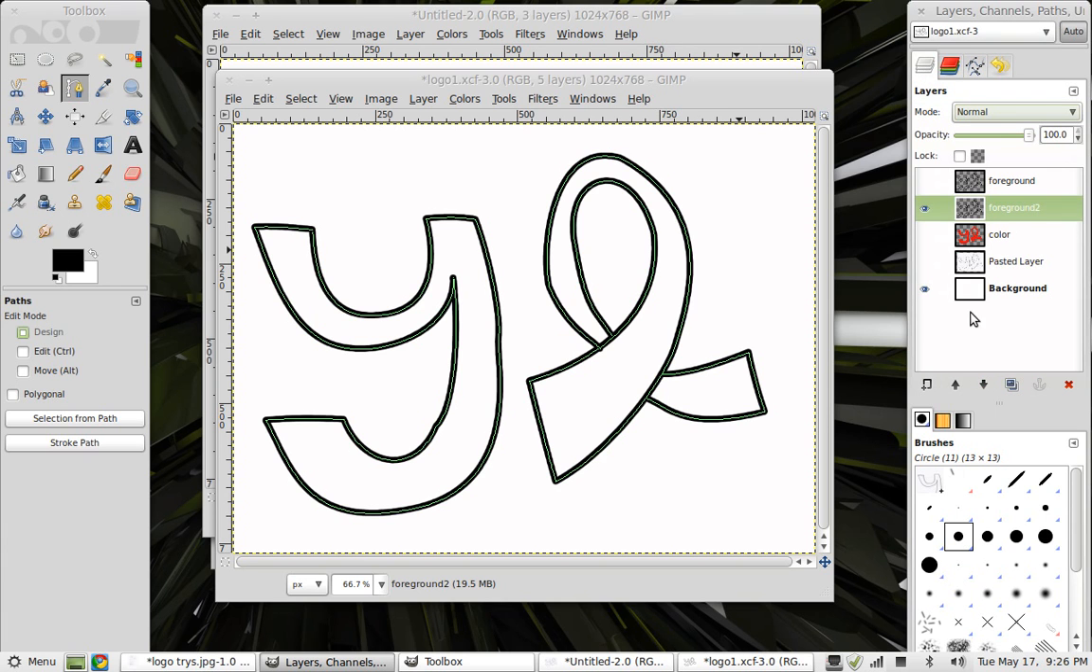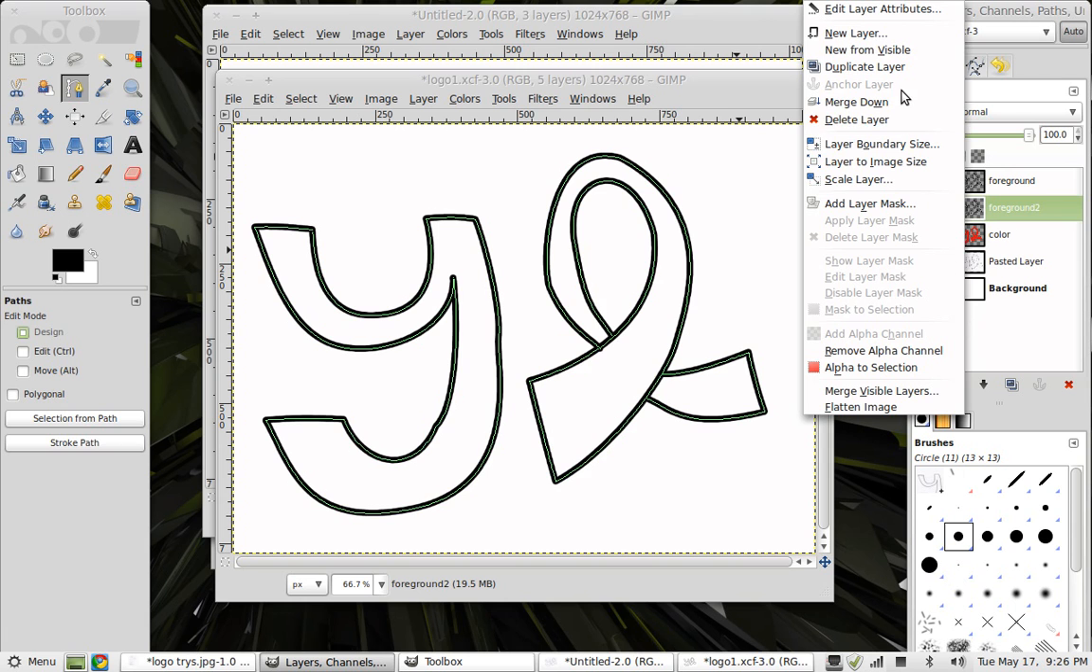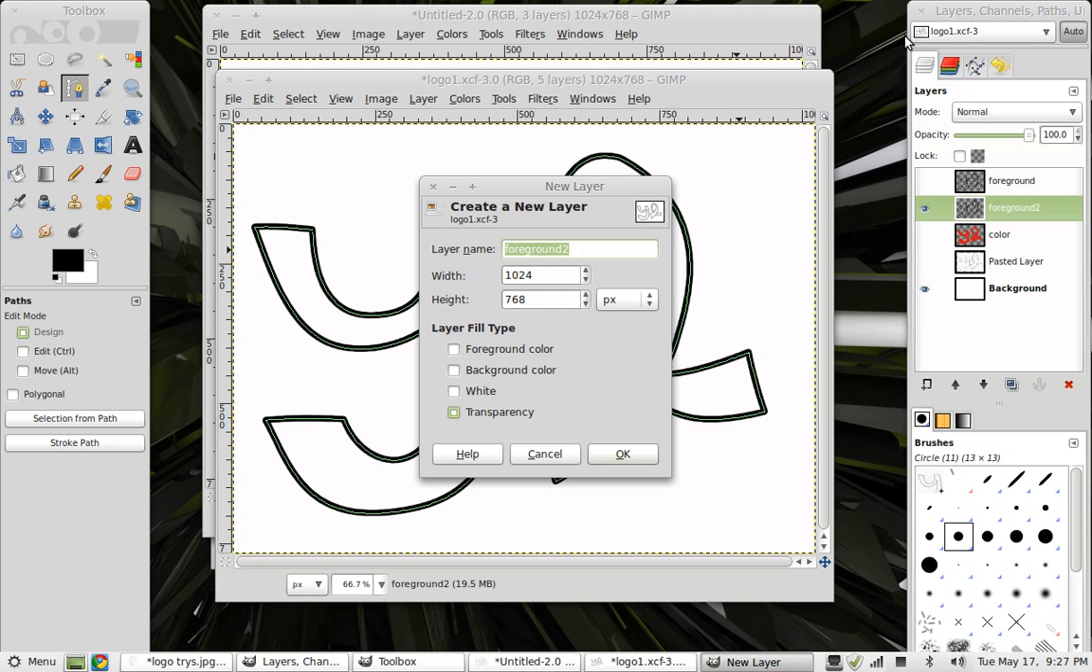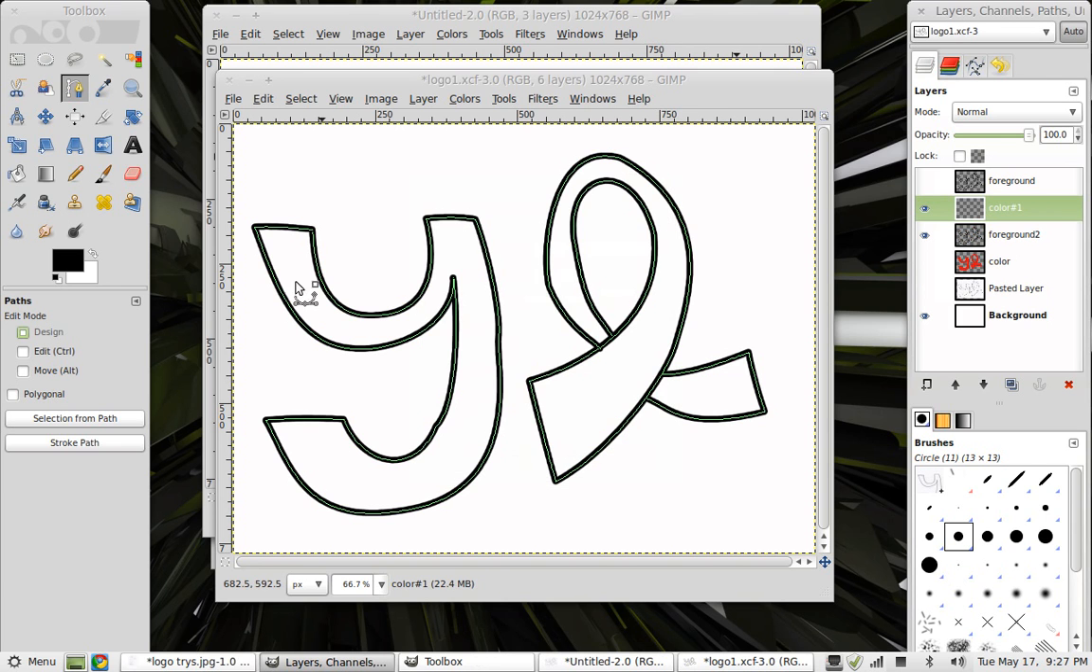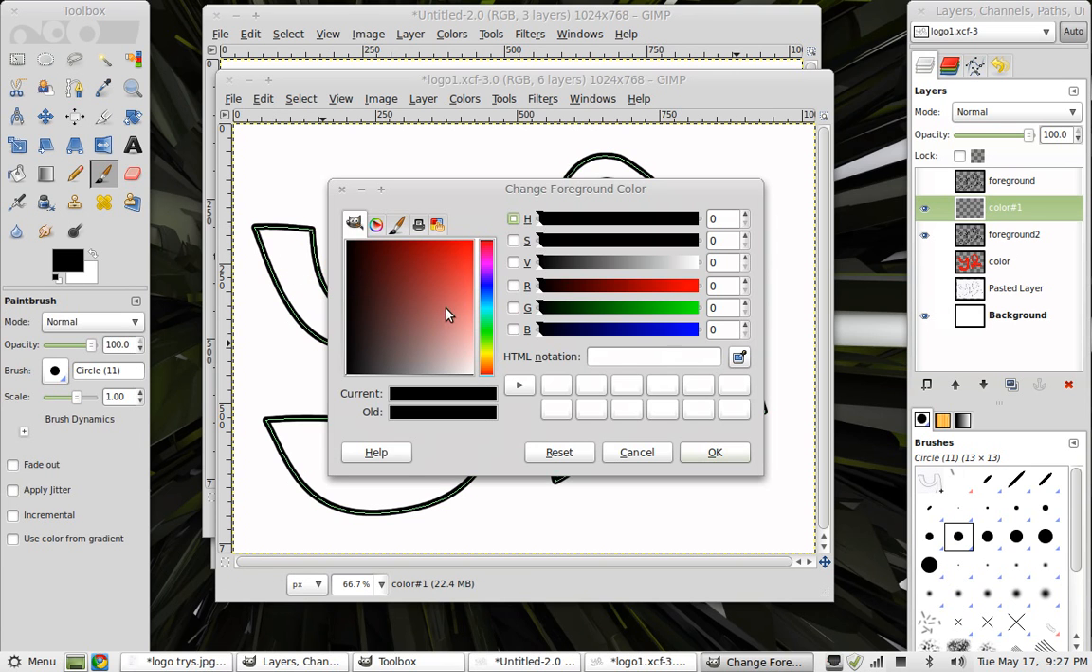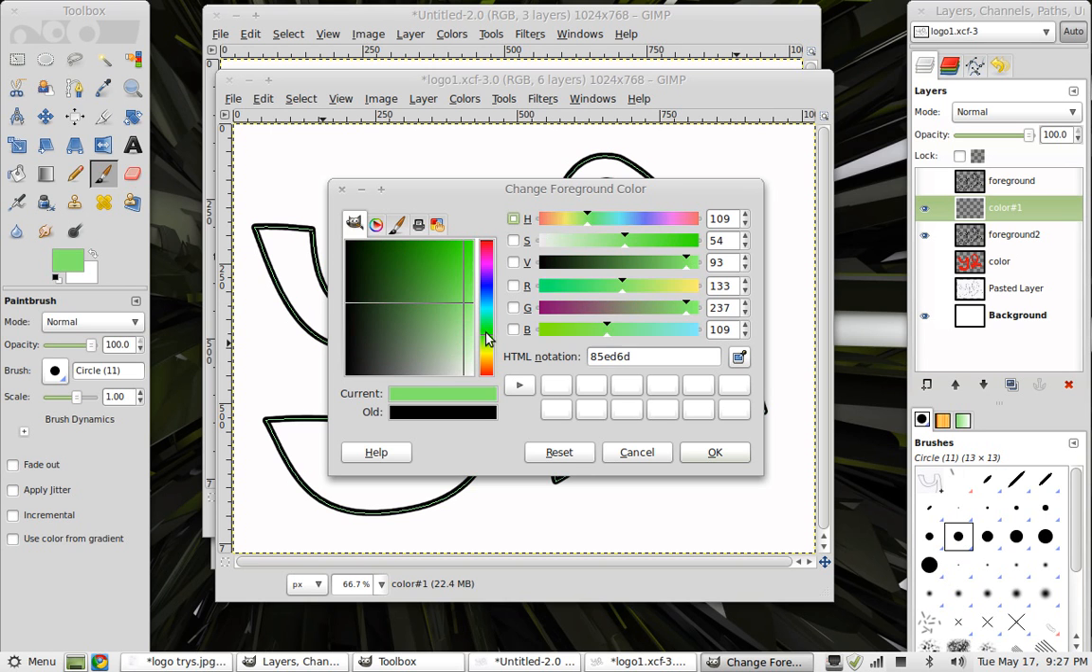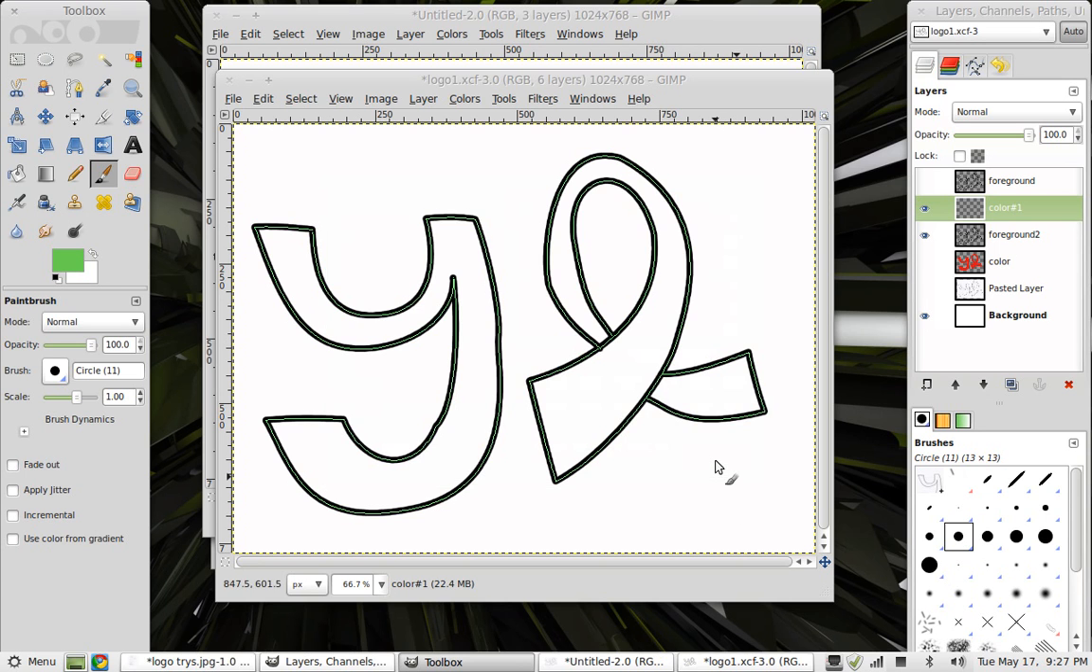Then you need to add your color. How you do this is another new layer that you can just call color. It's fairly simple. And take a paintbrush, select the color of your choosing. Since this is Linux Mint, a little bit lighter green. Then you can make this as big or as small as you want. I'm just gonna go, oh,